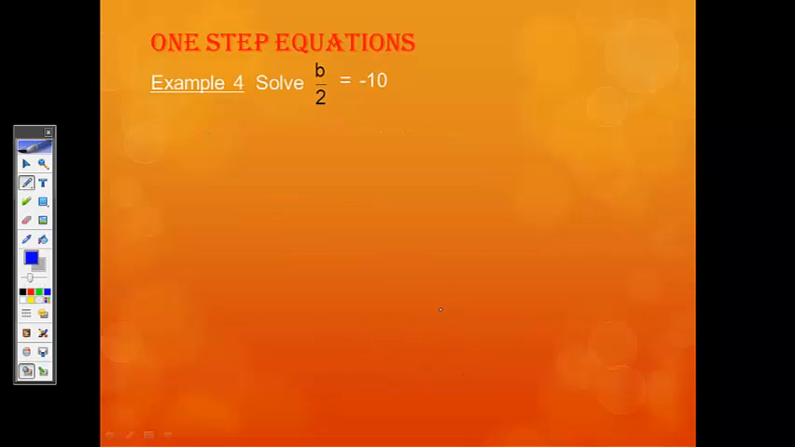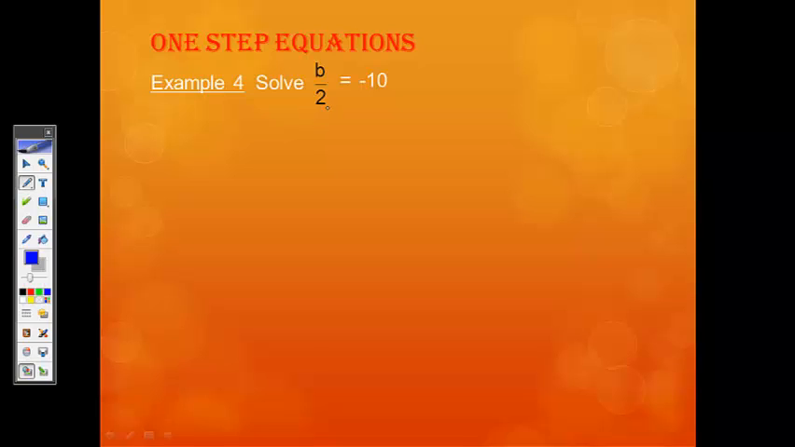Alright, one more example with one-step equation. Here we have b over 2 is equal to negative 10. This is actually division. This is b divided by 2 equal to negative 10. Remember, with division, we can write it with the little division sign, or we can actually put them in